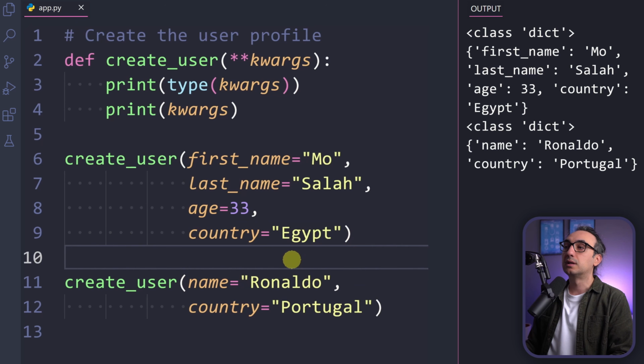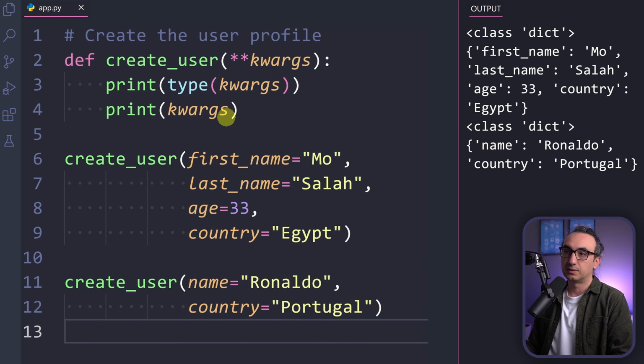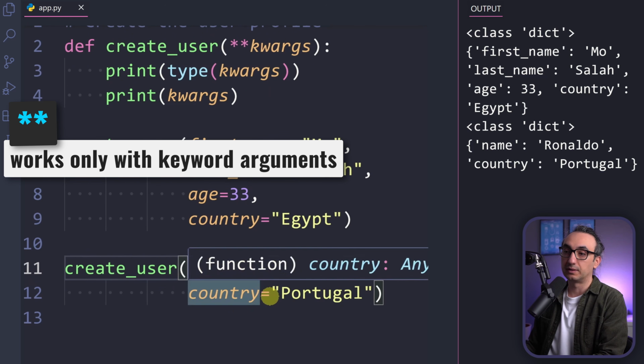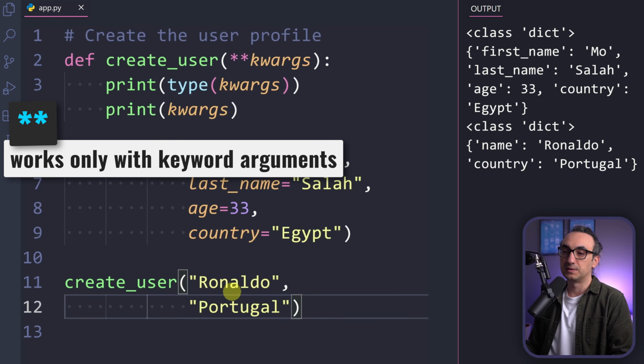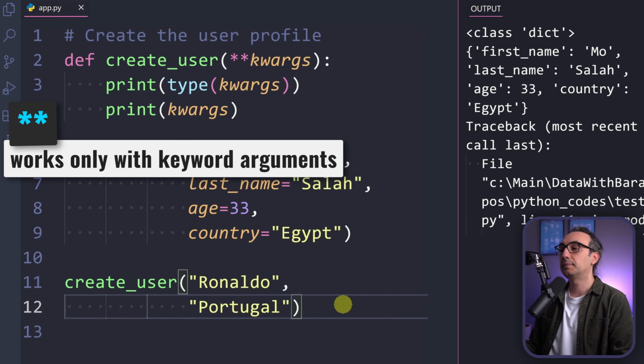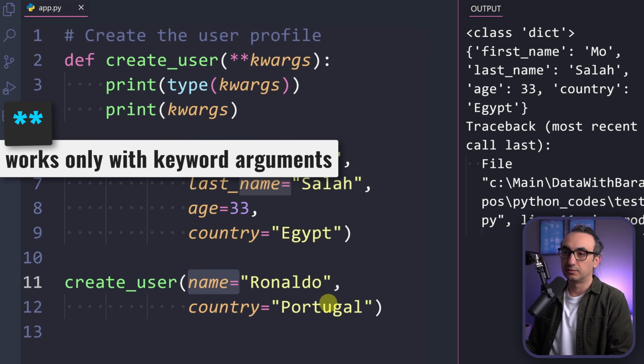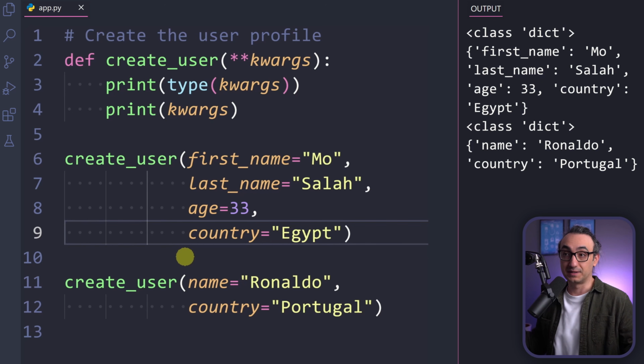So if you execute it, it's gonna be totally fine. Python is gonna collect those two, put them in a dictionary, and then print the whole thing in the output. And of course, you can use the kwargs only if you are using keyword arguments. So for example, if I go over here and just remove the whole thing, so I have a positional argument here, and execute, I'm gonna get an error. So this will not work. Actually, that's it. It's very simple. This is how the double star kwargs works.